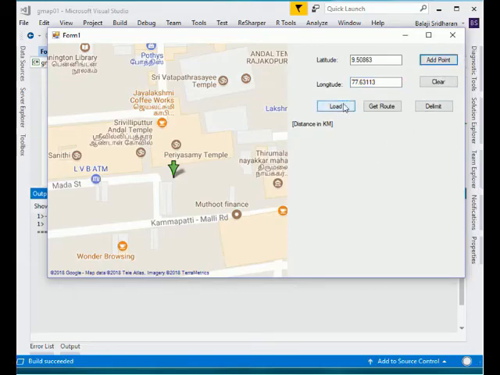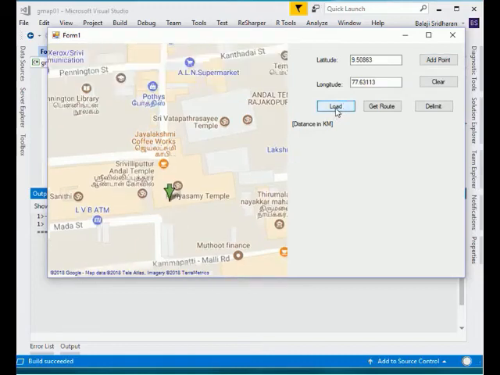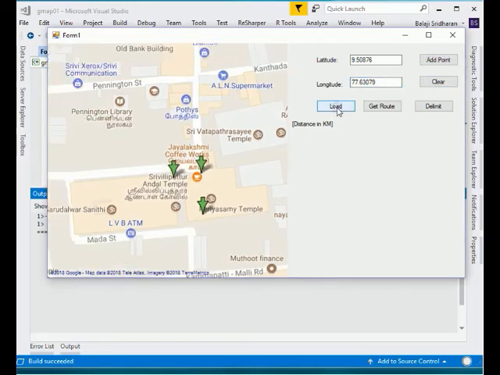If necessary, you can also load that point. So add a latitude, add a longitude, add point, load.